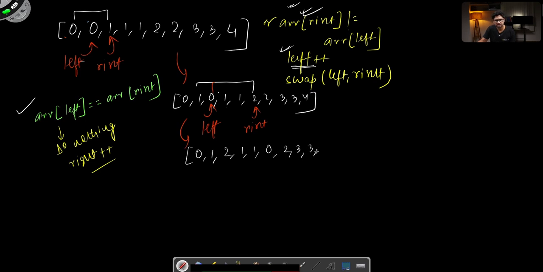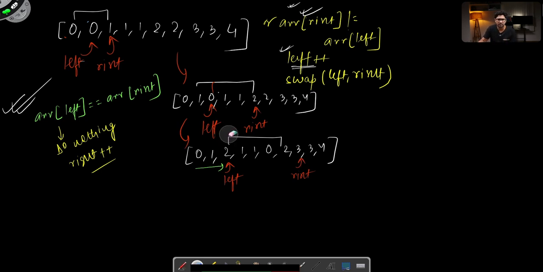2, 3, 3, 4. And if you see some pattern, the unique values have started coming up on the left. And my left is this position, and my right now is this position. Again, I compare this value and this value, same, so this condition is hit. So I'll have to move the right to the right. So I take the right here,